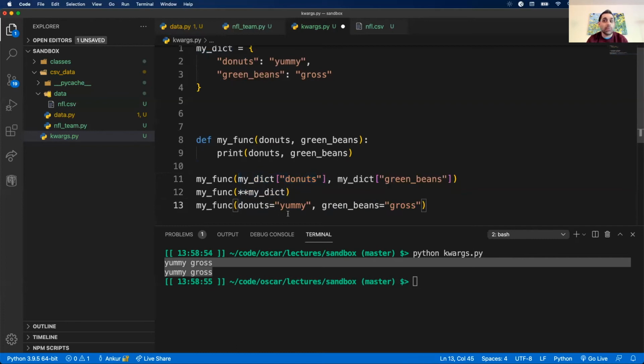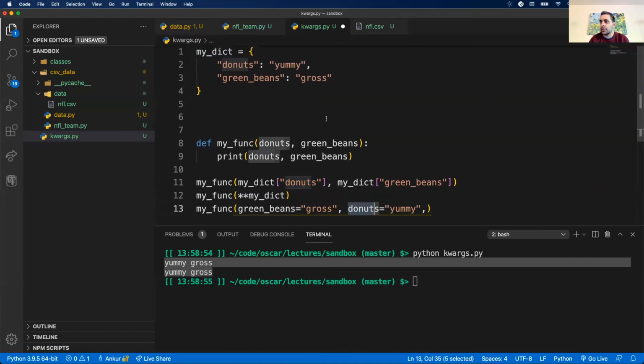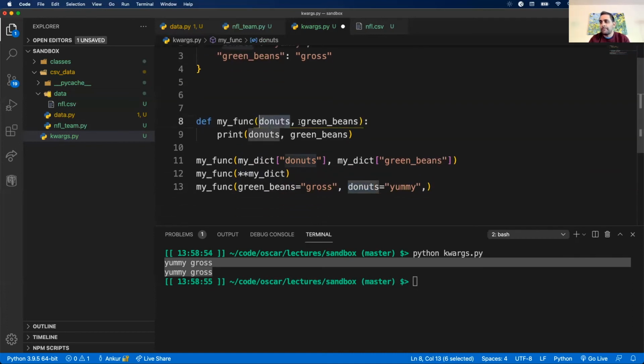As we talked about with keyword arguments, the ordering does not matter. Hypothetically, if I swapped these two, with green beans first and donuts second, this is totally fine because these map to the actual inputs of this function. So the order here does not matter. That's really important. Also, if I had a function that took in 20 parameters, it's probably really easy for me to accidentally swap two parameters as I'm typing them in. But if you're using keyword arguments, you're guaranteed to map to the correct parameter, even if your ordering's out